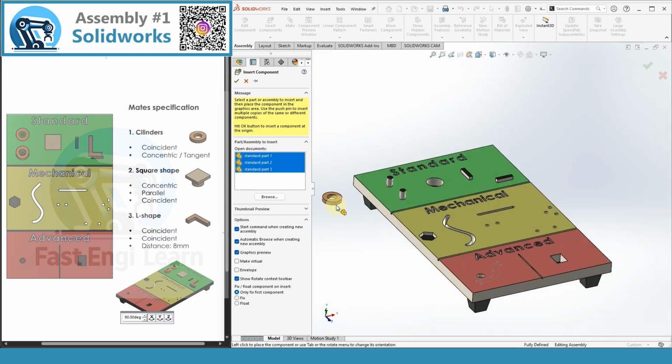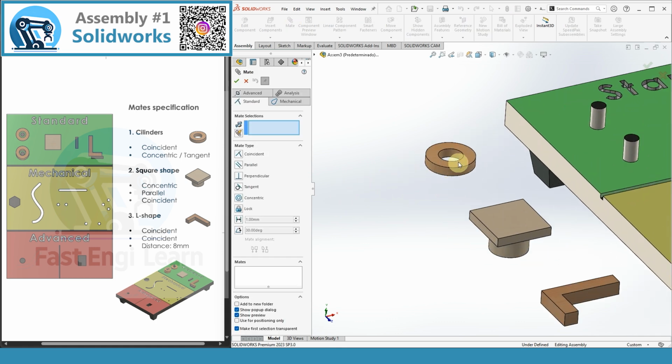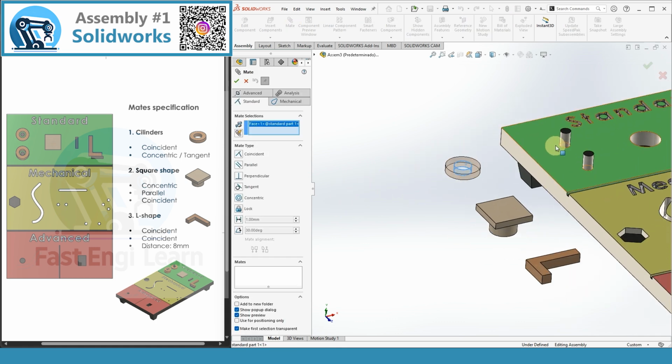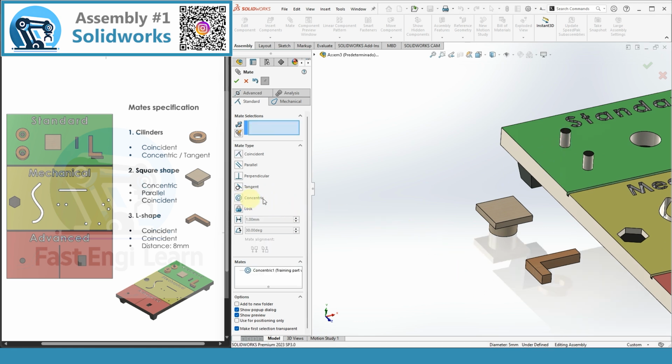As you can see in the drawing, the cylinder must have coincident, concentric, and tangent relations. For this, click on Mate and select the faces of the parts to be related. Confirm the relation. If you try to move the cylinder, you will see that there are movements you can no